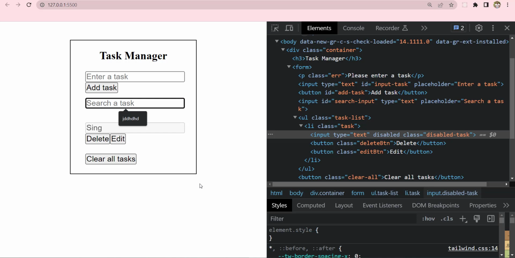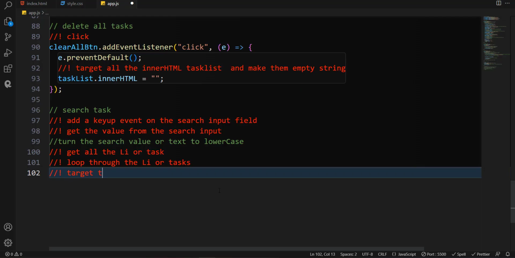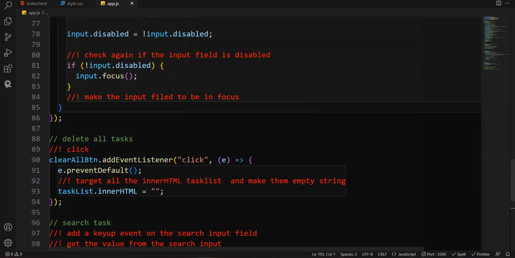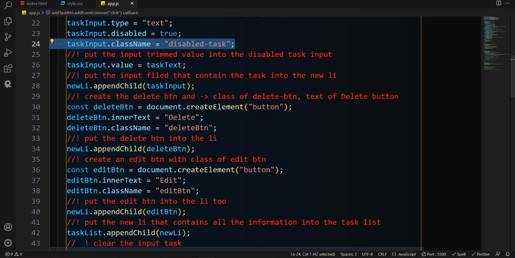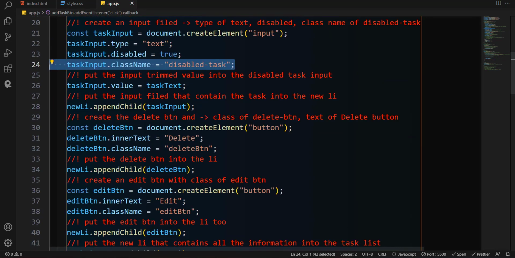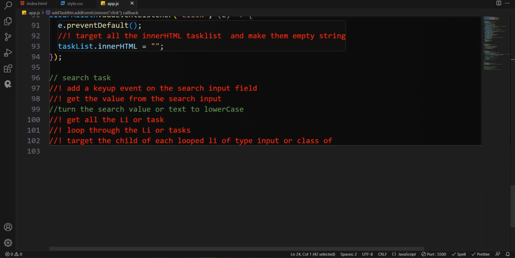So the next thing is to get or to target the child of each looped li, right? Of type input or class of disabled task. So remember, we've already given it a name here, a class rather. Good, see there, class name of. So each of that input field is having a class of disabled task. So we're going to use that. So class of disabled